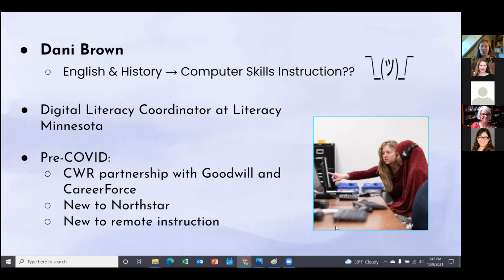And pre-COVID, our model looked very different. We were using Northstar, and just before the pandemic, we were working with the Goodwill Easter Seals campus and also the Career Force Center in St. Paul to provide integrated education and technology practices, integrated education and training as well, for job seekers who were interested in getting employment. So